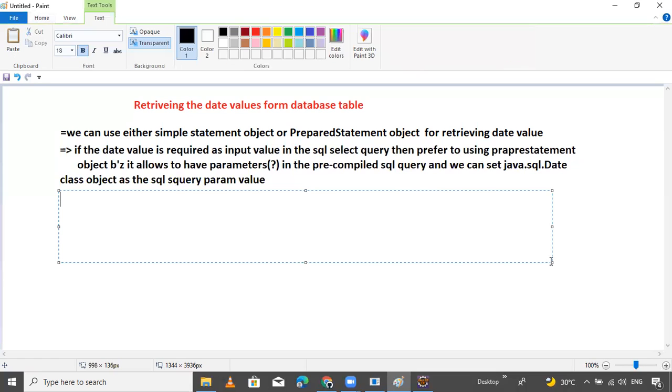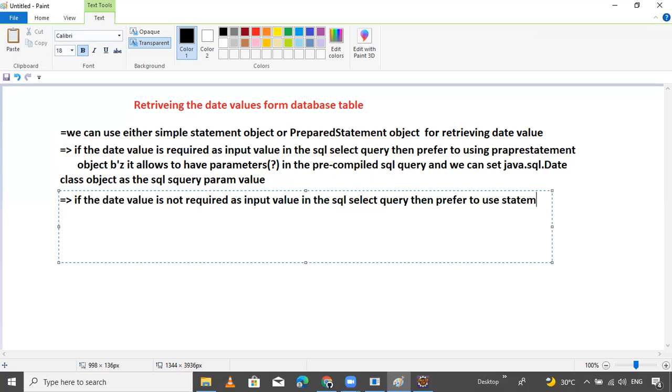The next point is: if the date value is not required as an input value in the SQL select query, then prefer to use the Statement object to execute the SQL query.